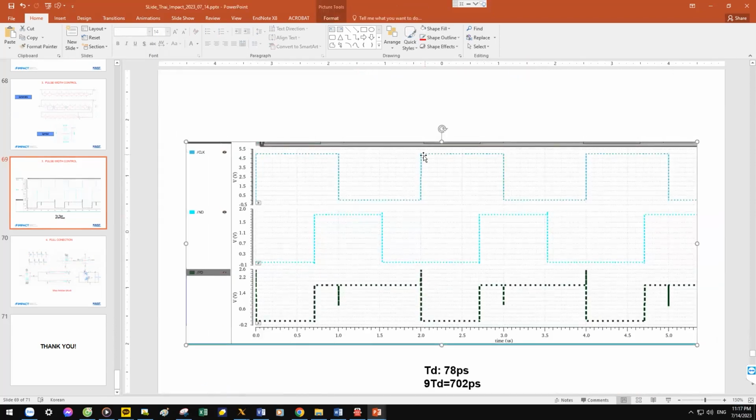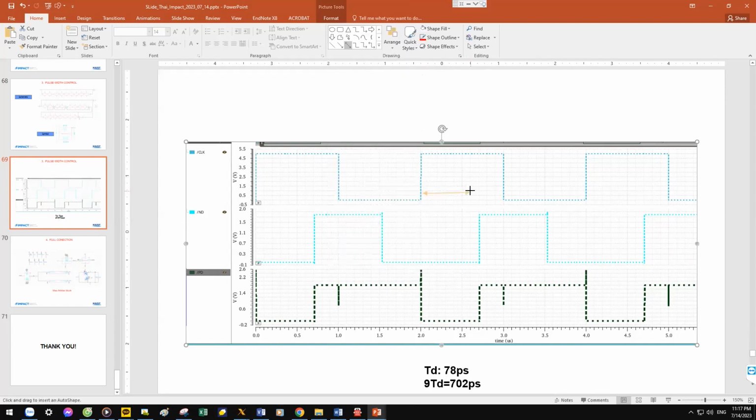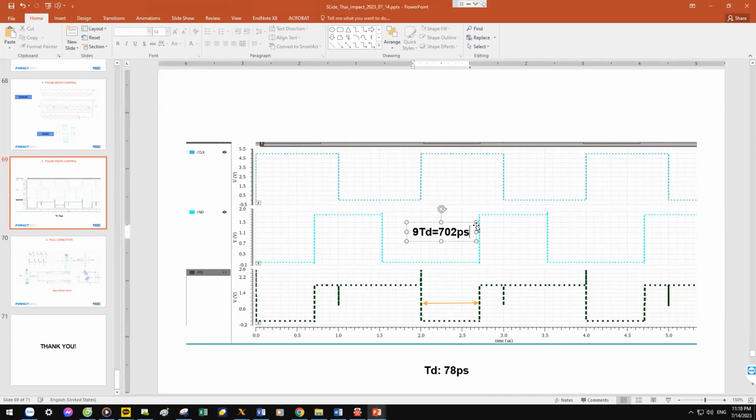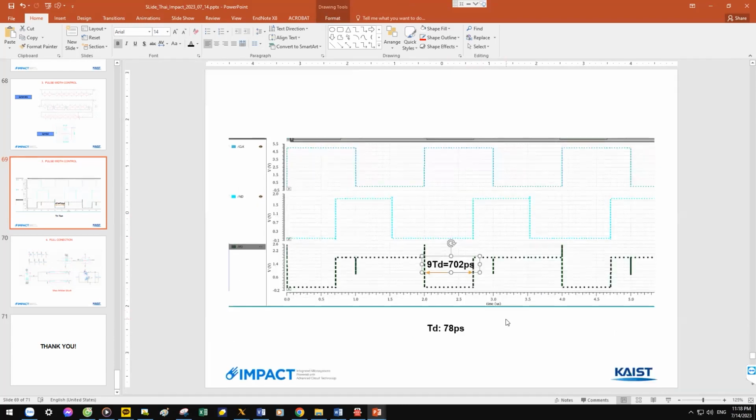So from here, raising at the clock, and then it will delay to here, right? PD. Yes. It will be 7 from here to here, right? Will be 9 TD, right? It will be 9 TD. Okay. In here is 9 TD. Okay? It is a delay you make for PD. And here,